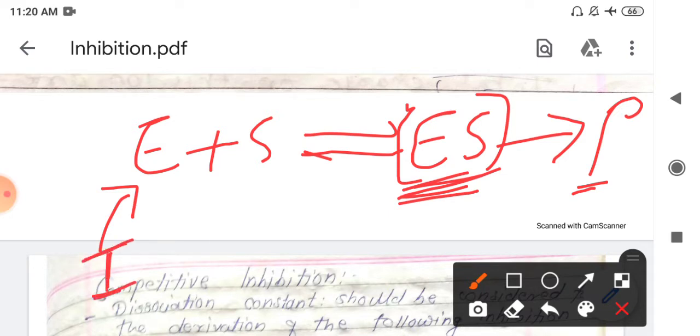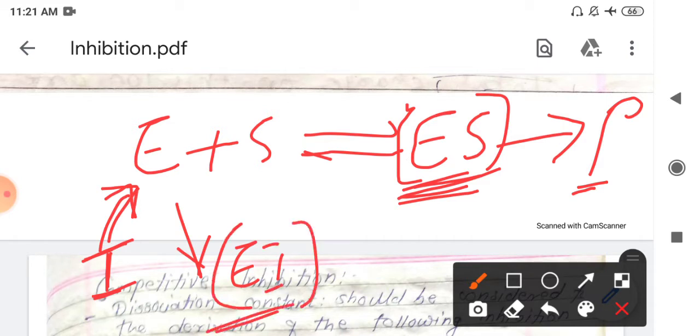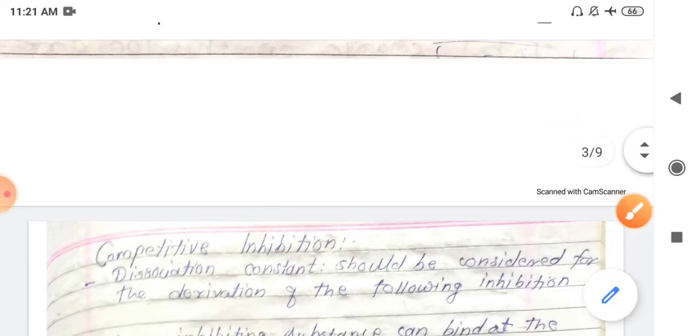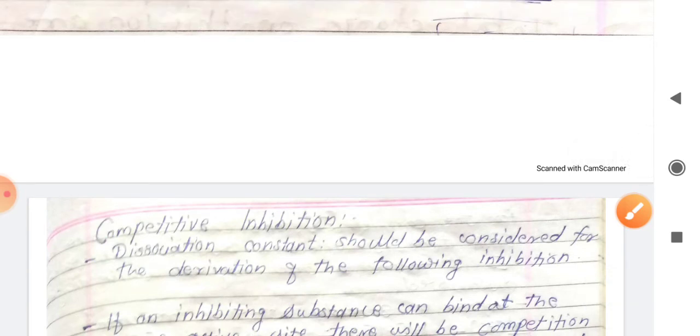If the inhibitor is binding more strongly with this enzyme, it will form its own complex, say an enzyme inhibitor complex. Due to the formation of this new complex, the ES complex concentration will automatically decrease. If this concentration decreases, our rate of product formation is going to decrease. So these inhibitors generally form an EI type of complex, or some other types of complex are also formed during this reaction.